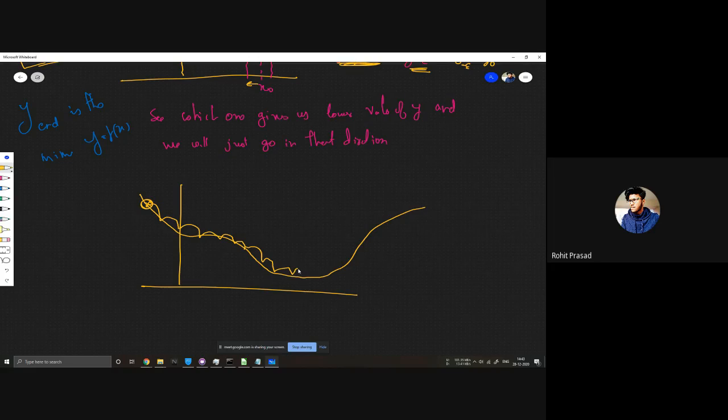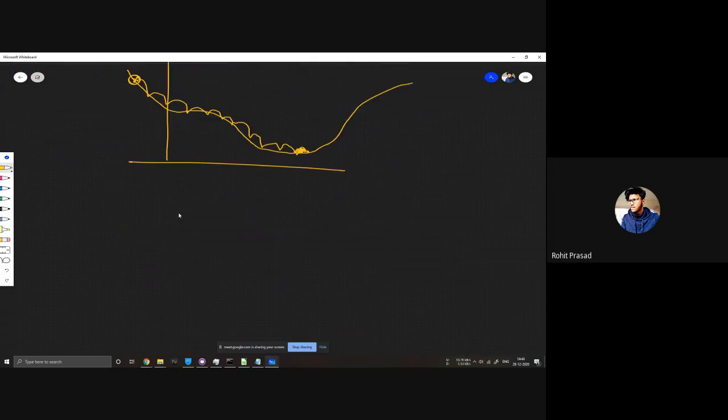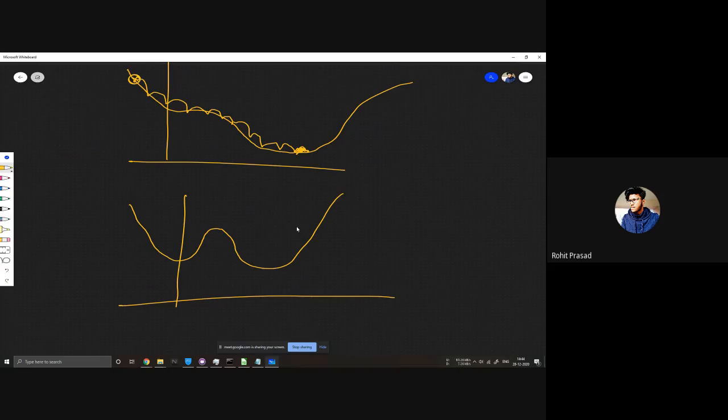Maybe here, then it will just bounce off and come here, something like this. But the problem with this gradient descent algorithm is that it can get stuck in a local minimum.